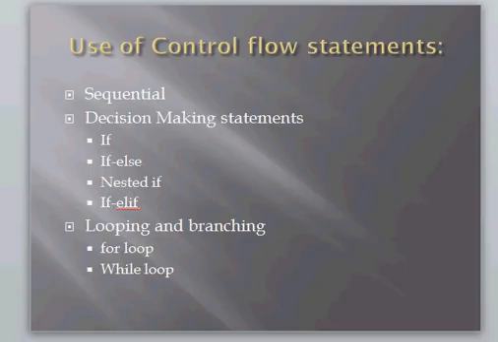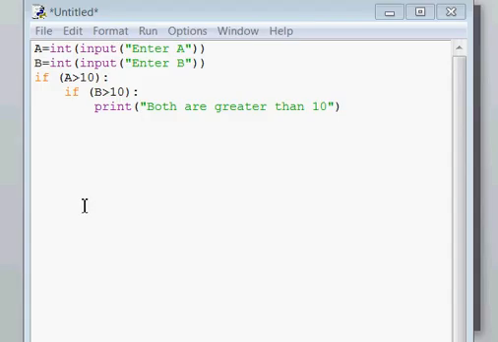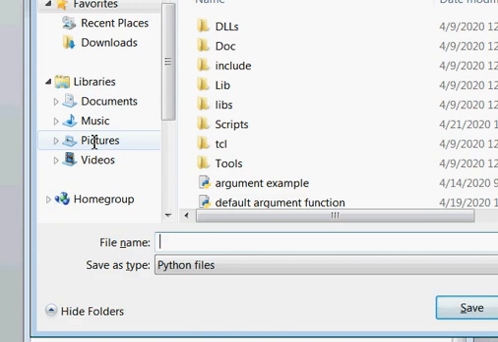So our next control flow statement is nested if. Nested if means if inside if. I have made a little code showing nested if. So what will happen in this case? I am explaining it by running it.